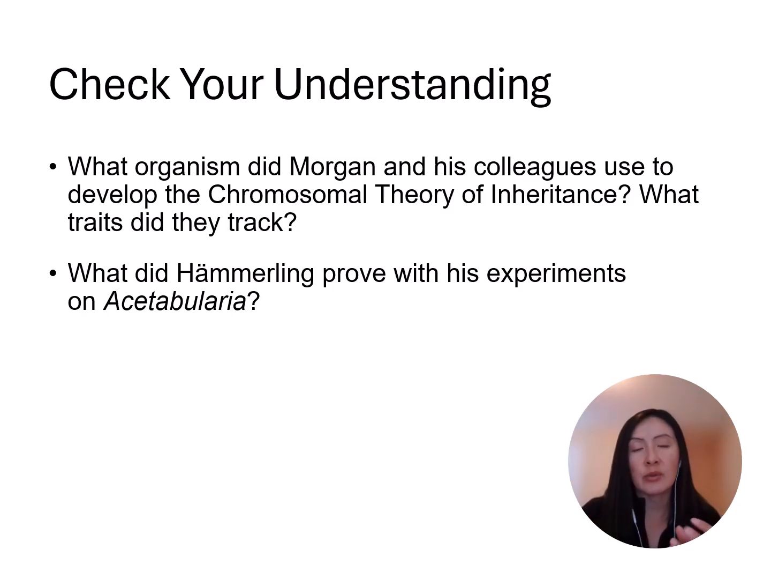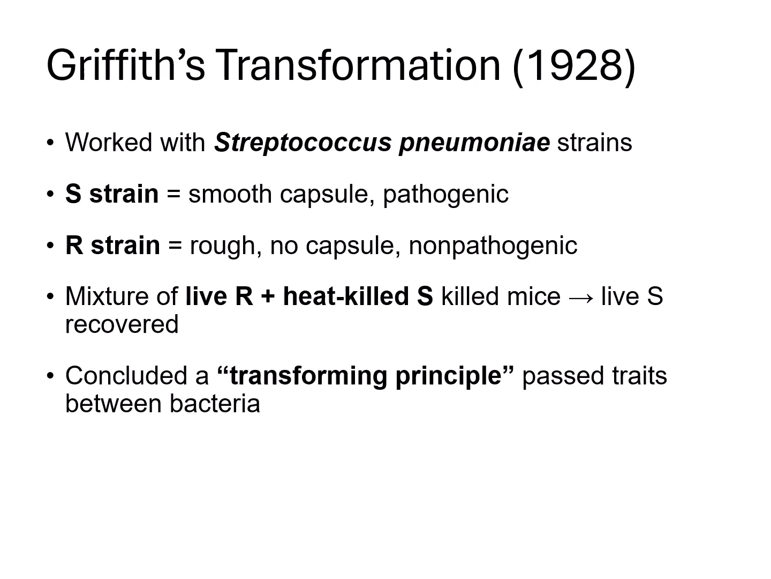He found that only cells with the nucleus in the foot could regenerate a new cap with the original species shape. So the conclusion was that the nucleus really houses the genetic information that controls cell morphology. Moving on to bacteria, in 1928, Frederick Griffith showed that a transforming principle could pass traits between different strains of